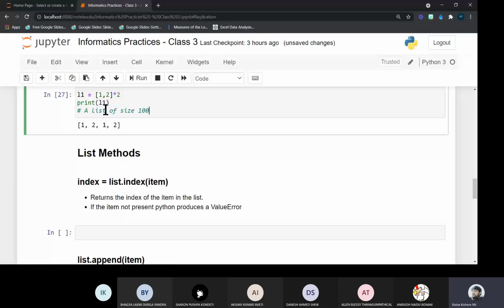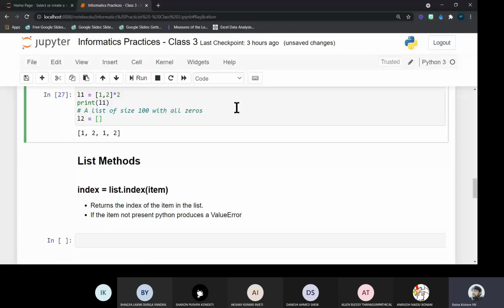Now, see, I want to get a list with 100 zeros as elements. Then I would need to give zeros 100 times, with comma separation. It is troublesome, right? To get this very simply, I am going to use asterisk as an operator.